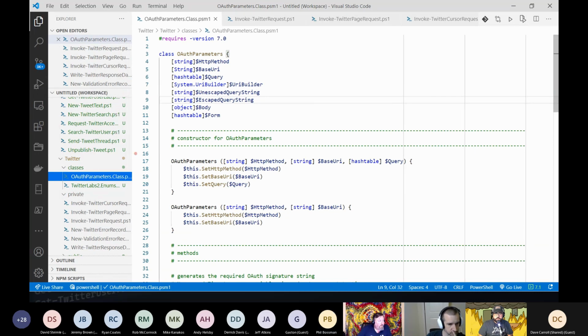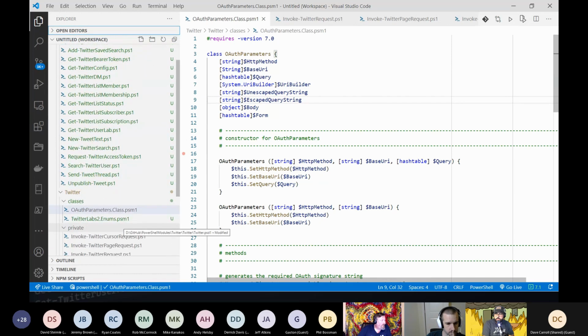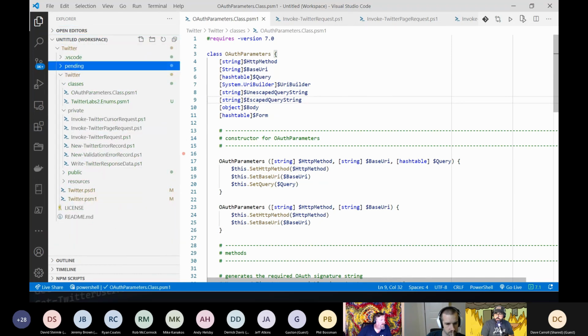So what I've done here is I've got the Twitter module. This is not like a full-fledged scaffolding. Again, I originally wrote this as sort of a proof of concept, and then wanted to start fleshing things out. So in any case, one of the first decisions that I made was to require PowerShell 7. Mostly I wanted to require